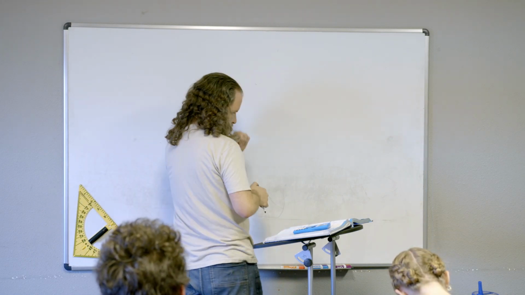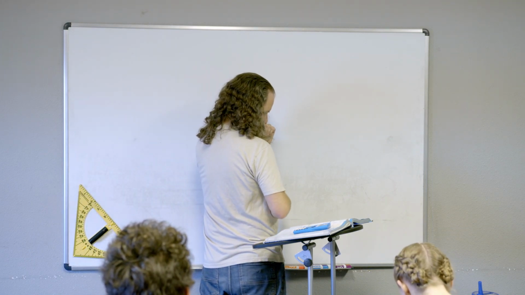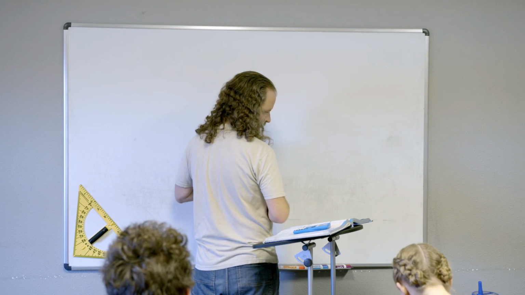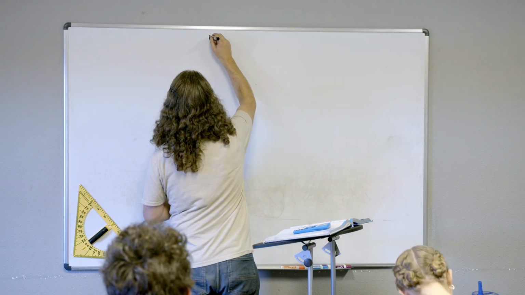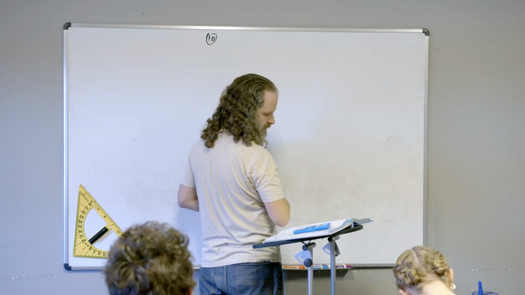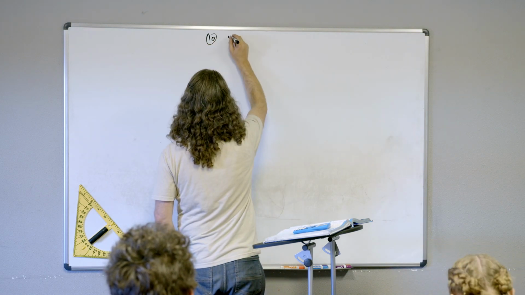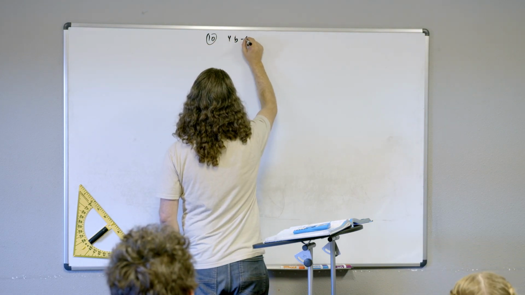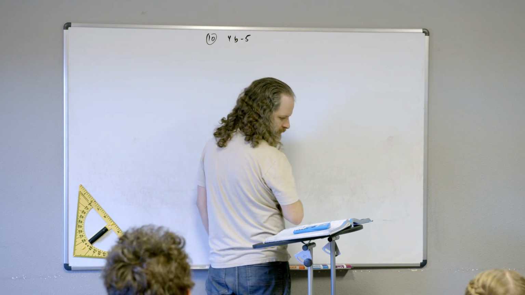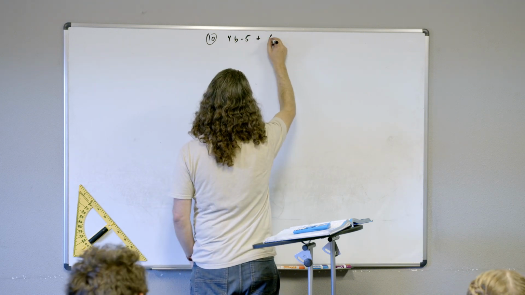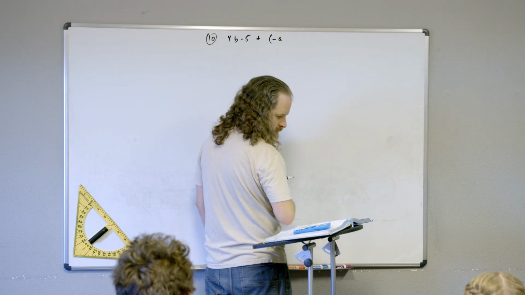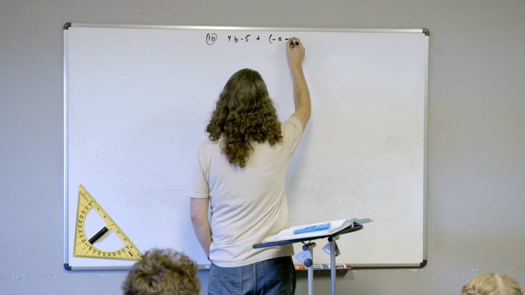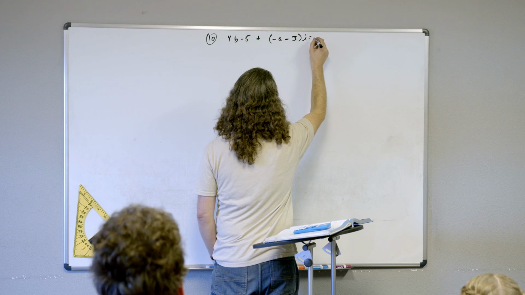Okay. Number 10 is 4b minus 5 plus negative a minus 3i equals